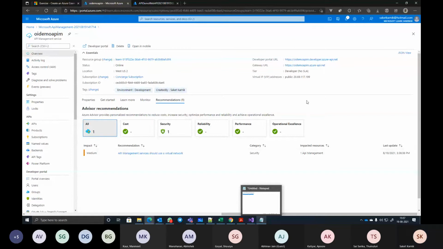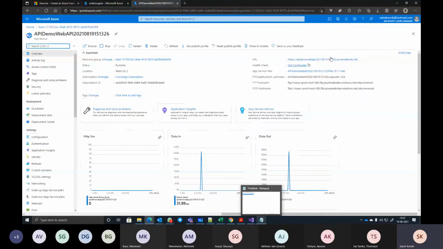Practically, I can have the API hosted on a app service which is not having any public access. Maybe this app service is accessible via only the virtual network. And then API management also I connect to that same virtual network, so that no way anyone can reach this URL at all, because there is no public endpoint.